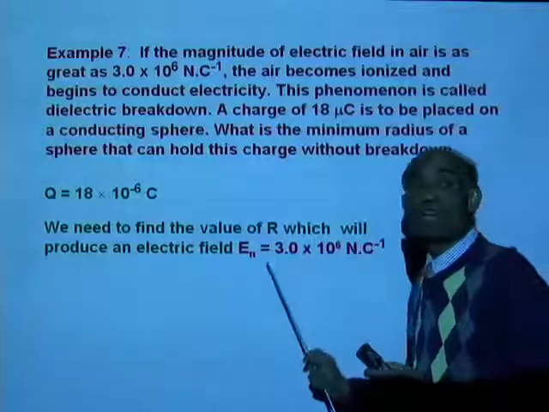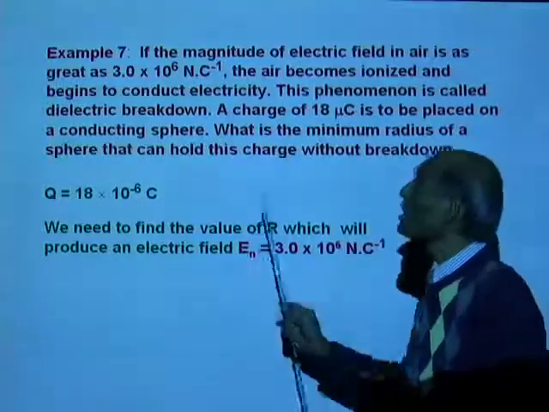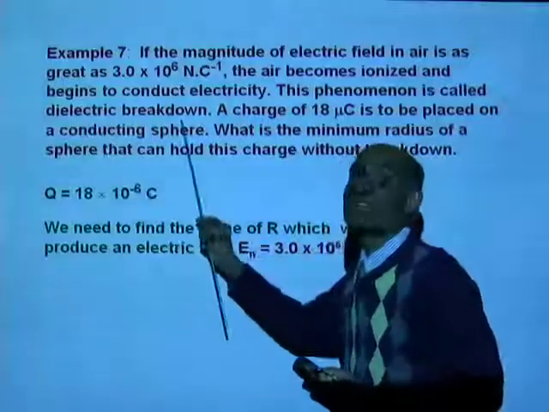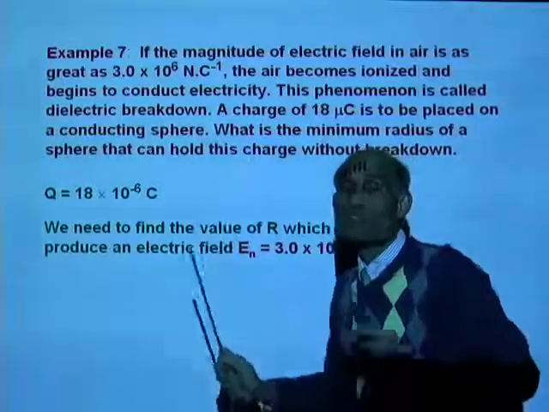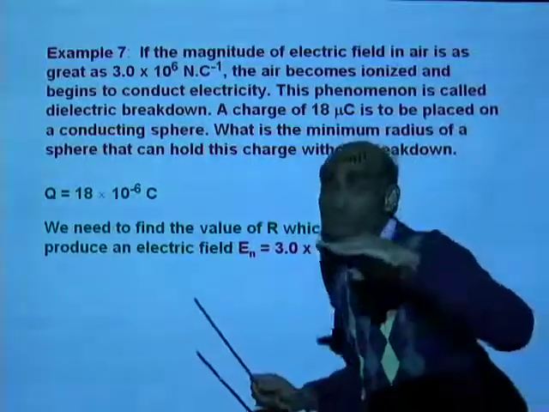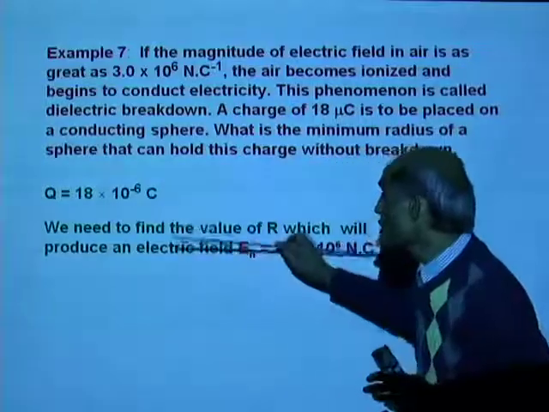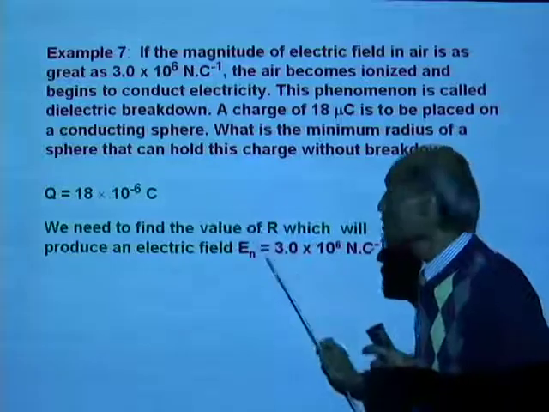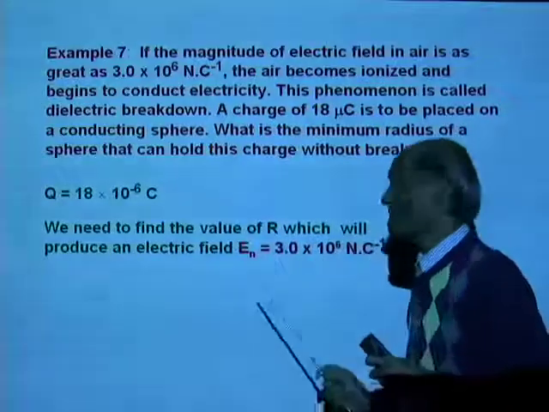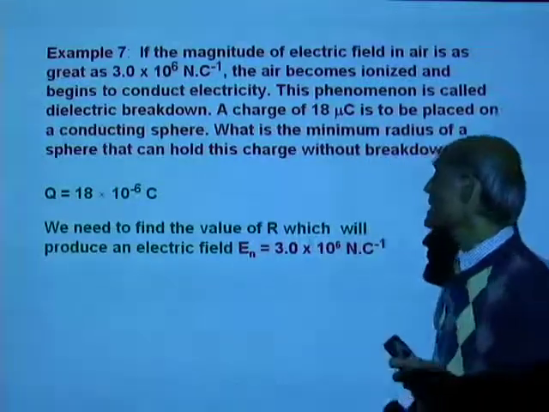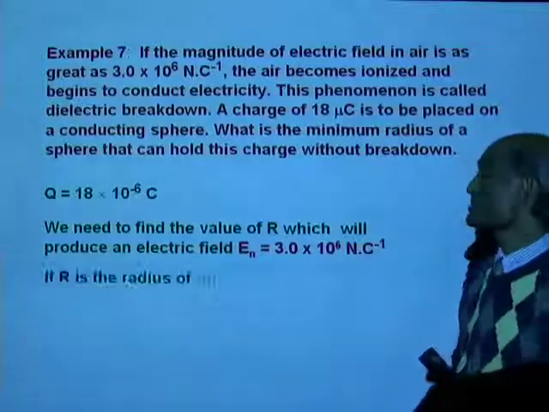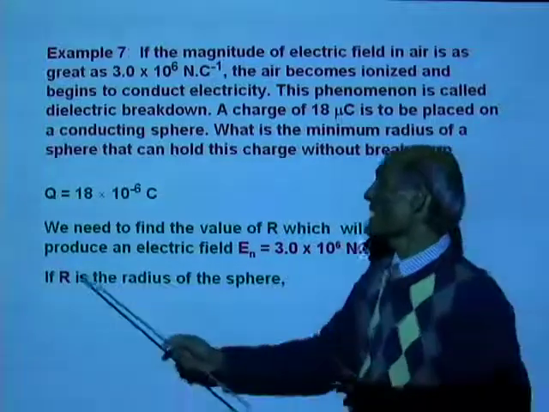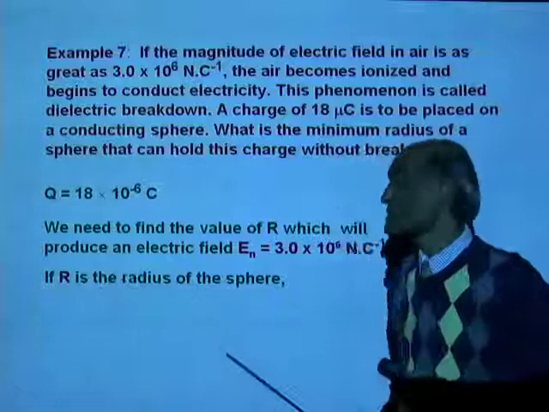If the electric field exceeds this value, it will create dielectric breakdown. Now, in order to prevent the dielectric breakdown, we need to keep the electric field within this range. So we will go up to this value. So we say electric field is 3 times 10 to the 6 Newton per Coulomb. If r is the radius of the sphere,